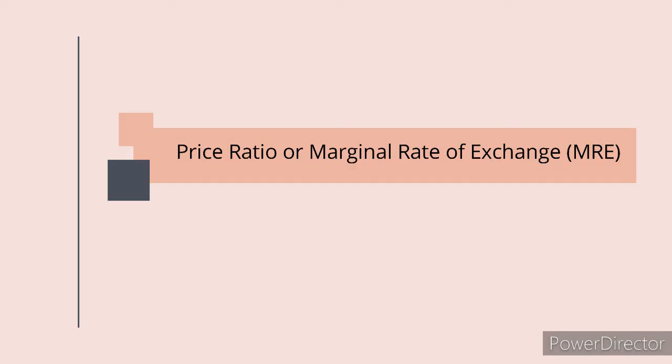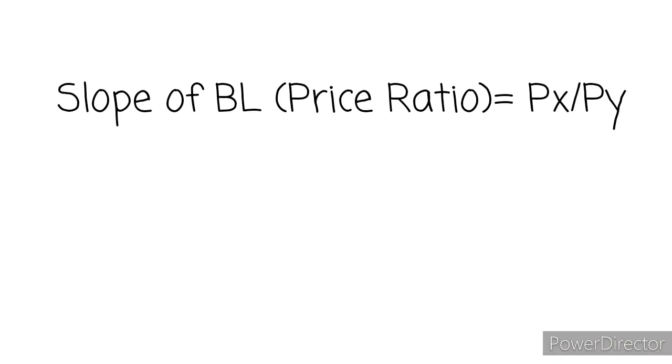Okay, now let us talk about the slope of budget line. The slope of budget line is Px upon Py, that is the price ratio. So how does that work? If we have apples at 4 each and bananas at 2 each, then what will be the price ratio? It will be Px, that is apples on your x axis, so the price is 4, that means 4 upon Py. On y axis we have bananas, the price is 2, so we take 2 in the denominator. Then 4 upon 2 is 2, which means the slope of budget line is 2.